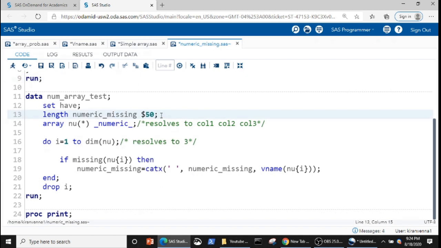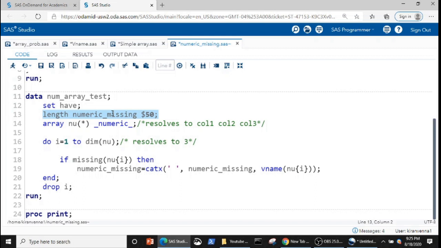This variable is known as numeric_missing, and we are creating it so that it captures the variable names. I have also given it a length of 50 so that it can capture all the variable names, and this length would be enough. Now let's go into the code.